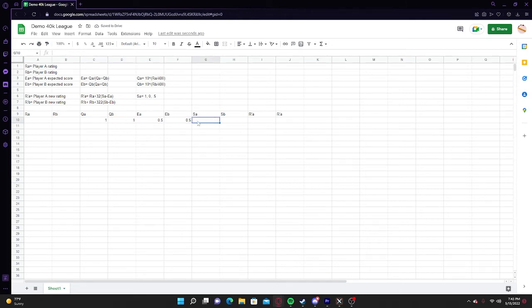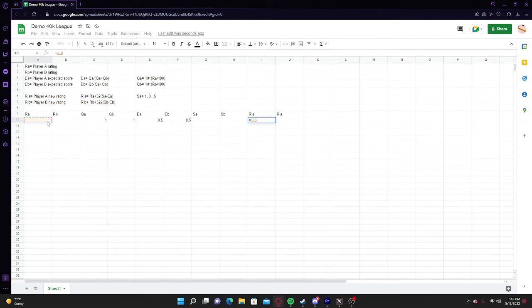Okay, with the win results, we're going to have to enter these in manually. I know there's probably a way where when results come in, you can automatically code it so that it does it, but I haven't done that research yet. So we're going to go with just entering that in manually, and then we will plug in the results. So here we've got